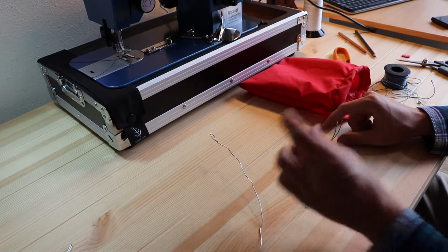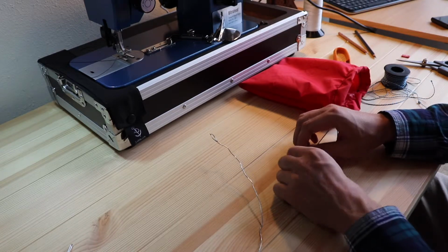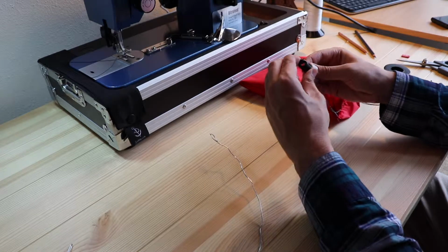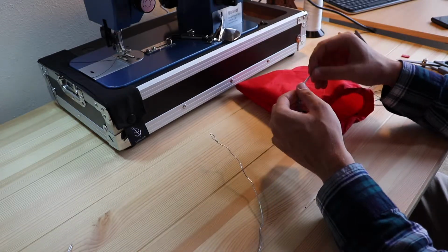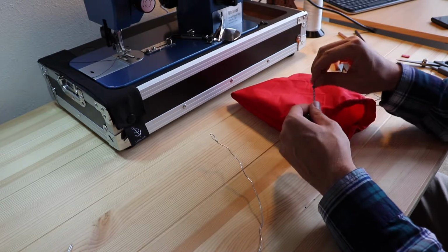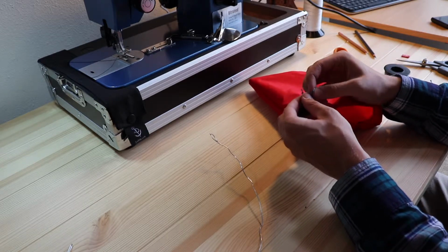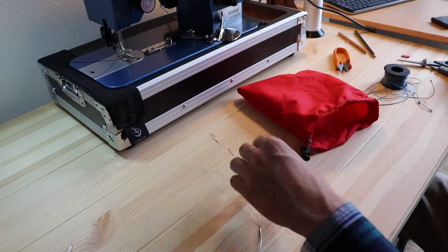So the last step, all you need to do is add a little cord lock to it, which is simple enough. Just feed the paracord right through the cord lock. You can tie it off with whatever kind of knot you like. Just make sure it's thick enough that it won't go through the paracord. So you have to do it once or twice, and then you know how thick the cord is. So once you get that done, you can just cut the ends off,